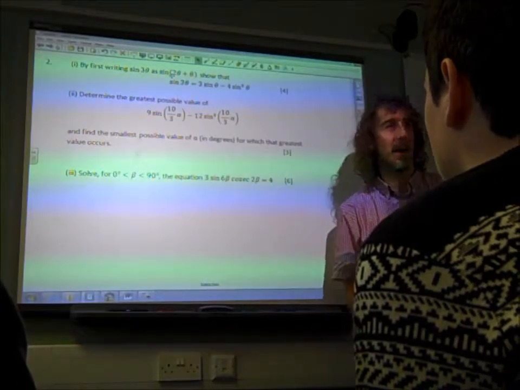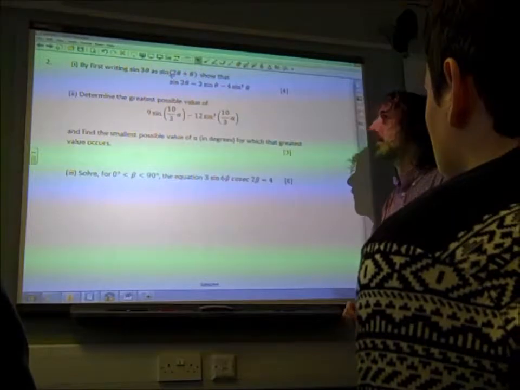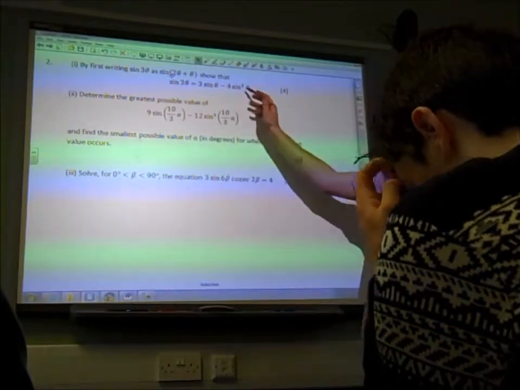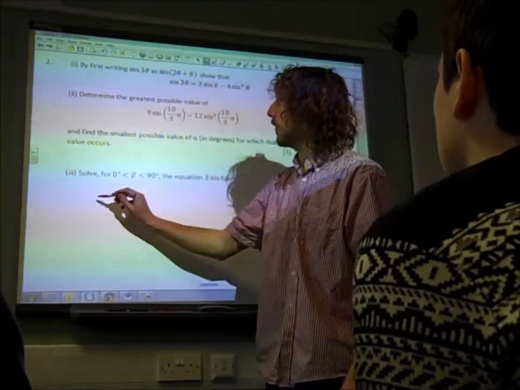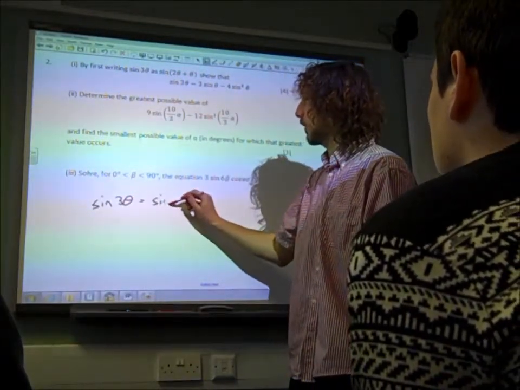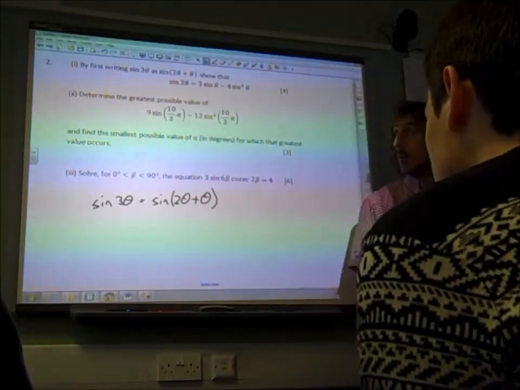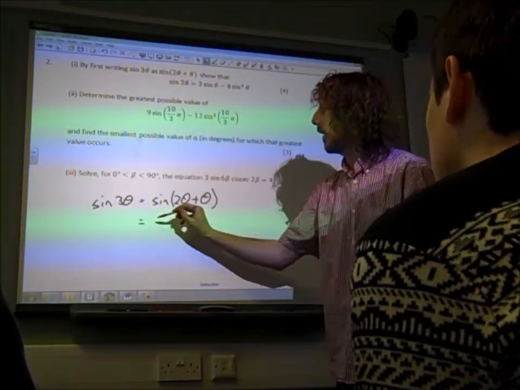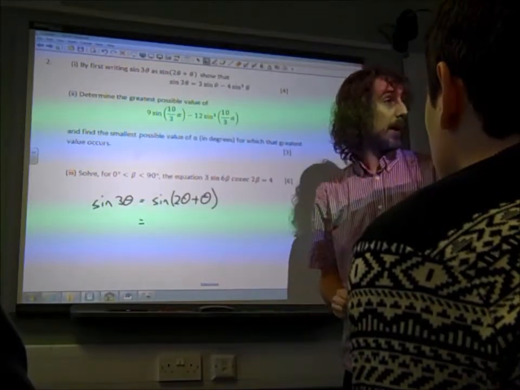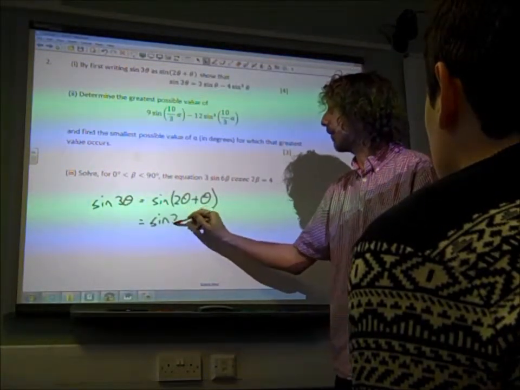Now, this is where it got interesting. By first writing sine 3 theta as sine 2 theta plus theta, show that this stuff is true. So, sine 3 theta is sine 2 theta plus theta. That's very interesting. And then, using our identity that appears in the formula booklet, sine A plus B, that's sine 2 theta